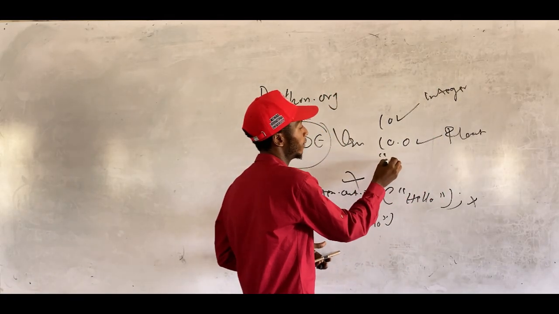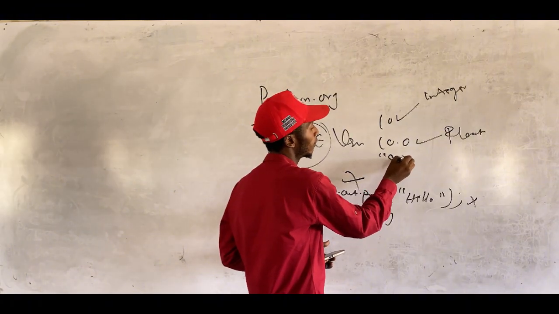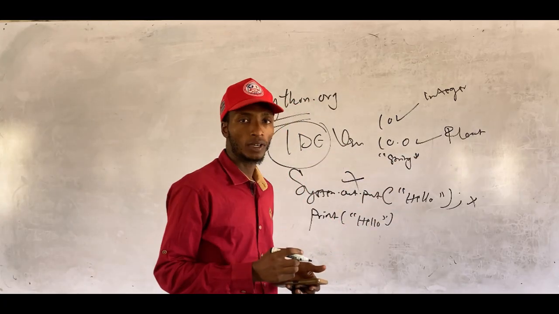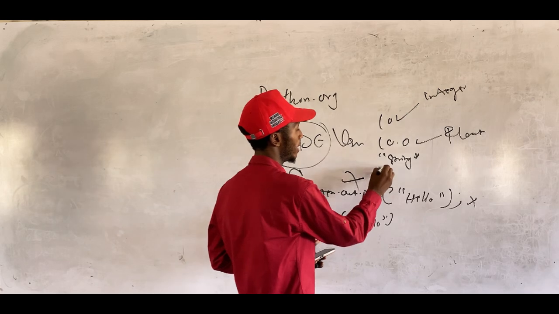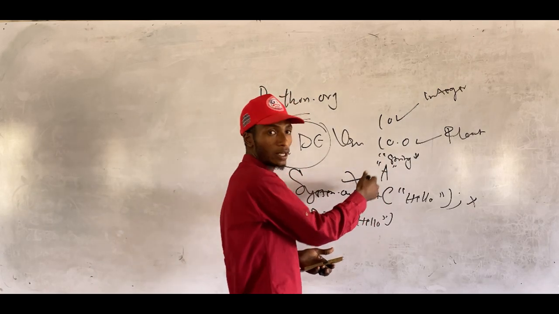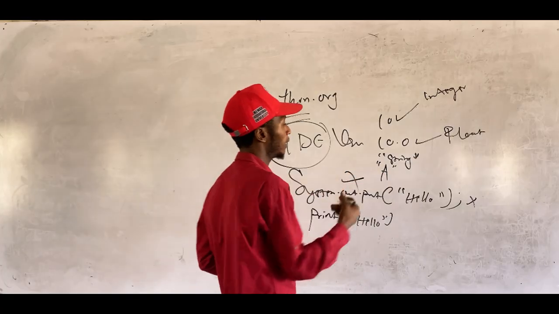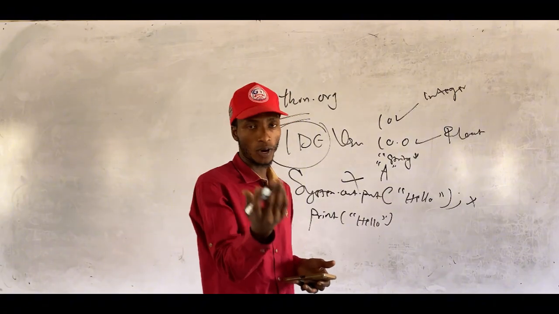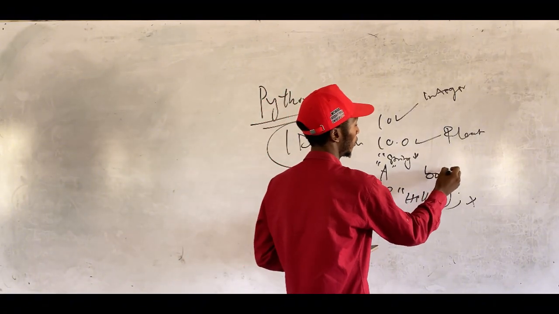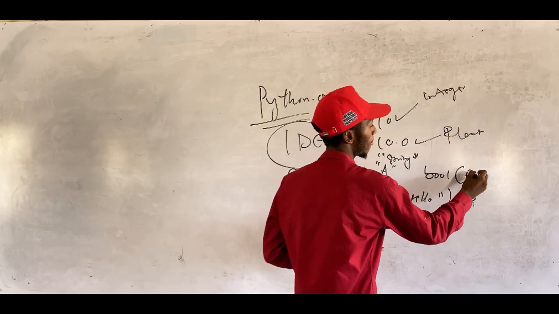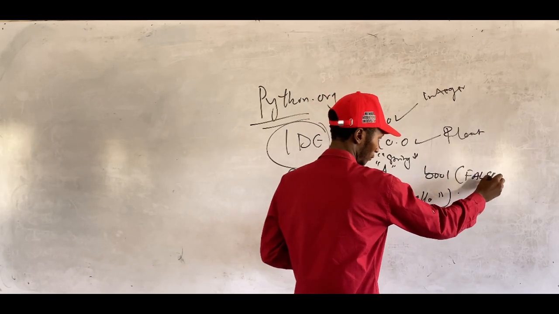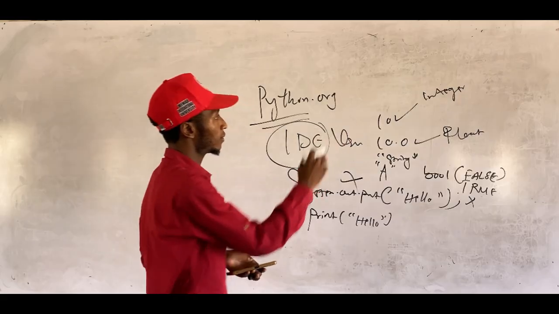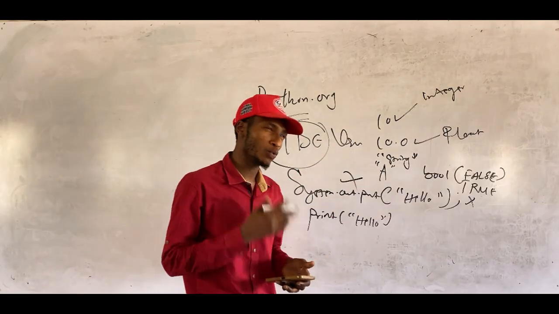Then we have a string, which is enclosed by quotation marks. Then we also have a character like A, B, or whatever. They are called characters. Then we have a Boolean value, true or false, that's 0 or 1. That's bool. It can be false, it can be true. So that's for the data types. These are a few of the data types that we have.